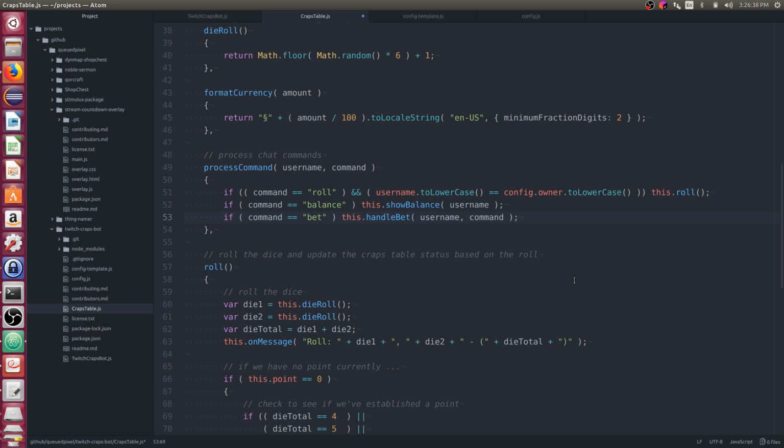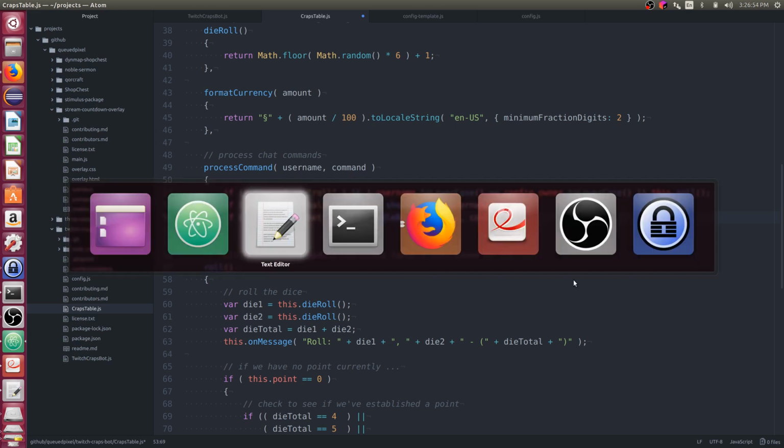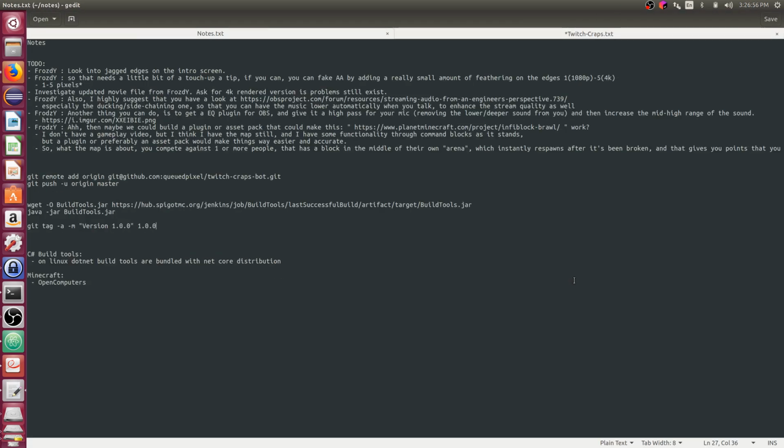See, Frosty says, OBS should have a built-in ducking feature through the compressor. You could try and record a gameplay video for me. Okay. Yeah, I saw the compressor option, which I wasn't aware would have an auto-ducking feature, so I didn't actually look at that. So let me make a note of that. I'll take a closer look.